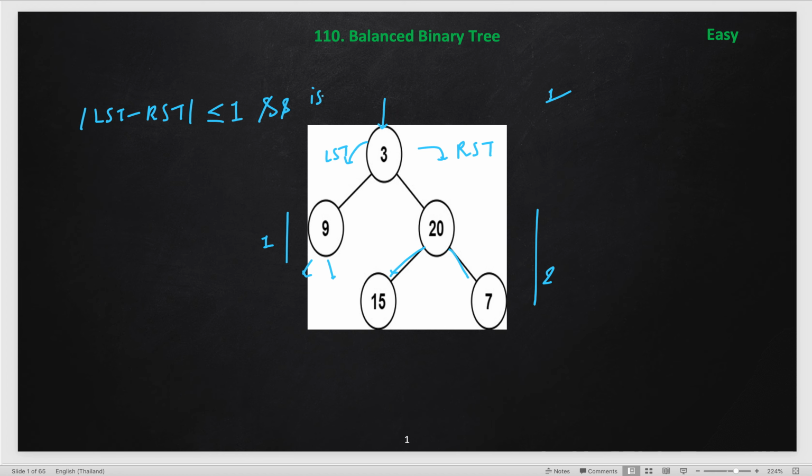If it is a root node, then we will call isBalanced for root dot left, and similarly we will also check for root dot right, whether the right subtree is balanced or not. So we will recursively check this and come up with the solution. So this will give us the solution. Pause the video and you can implement it, this is very straightforward. Just write a recursive method for the height and then make use of both the methods, isBalanced and height.